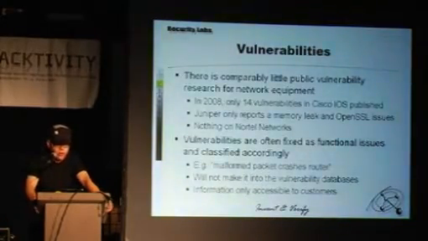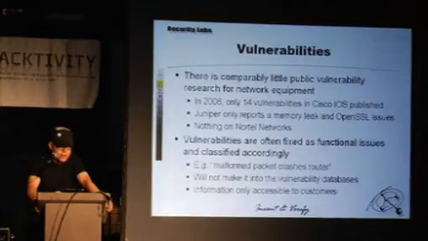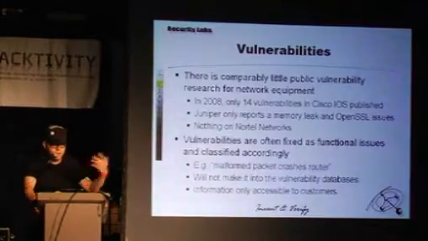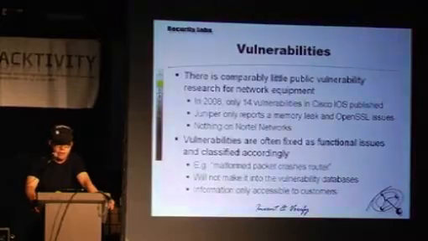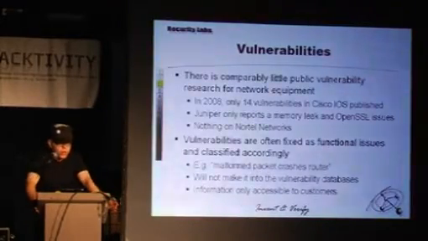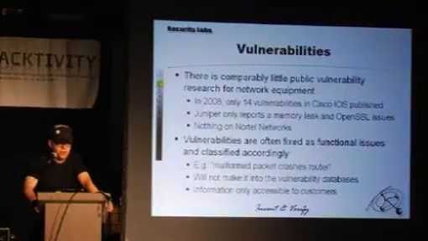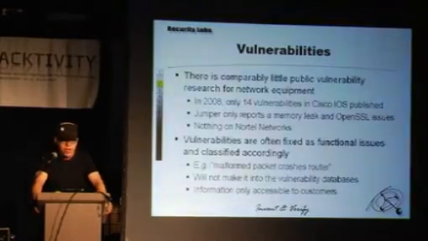Also, Juniper, Junos is also a very good place to look. Juniper is actually very interesting. They don't even report vulnerabilities publicly. The only thing they do is they tell their distribution partners. But then again, the people that sell you a Juniper box are very unlikely to come to you and say, look, there's a vulnerability in it. On other routing platforms like Nortel Networks and the like, we don't see a single advisory. So either they're really secure, unlikely, or nobody actually looks.